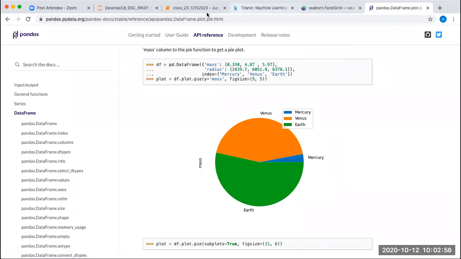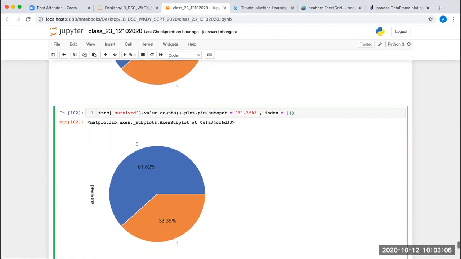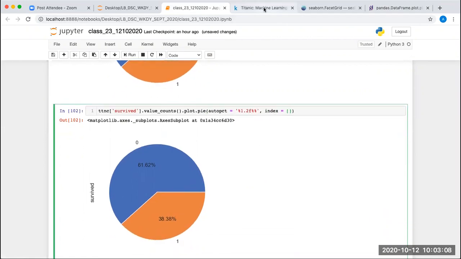Let me see. Comma index is equal to five, comma not five.